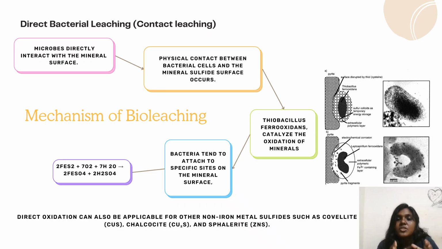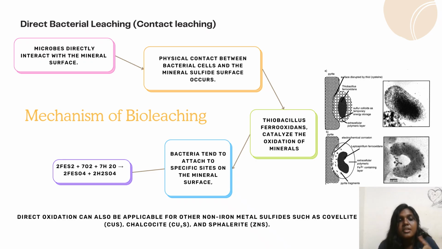The mechanism by which it works is that the microorganisms, mainly acidophilic chemolithotrophs, obtain energy by oxidizing the reduced sulfur and iron components present in the metal ores. These biochemical reactions cause the breakdown of the metal sulfide bonds and the release of the metal ions into the solution. This causes a natural acidification that enhances mineral dissolution. The key microorganisms used in direct bacterial leaching are Acidithiobacillus ferrooxidans, Acidithiobacillus thiooxidans, Leptospirillum ferrooxidans,